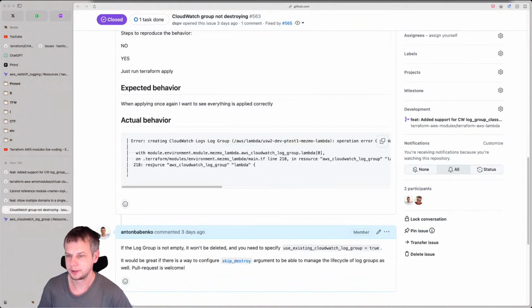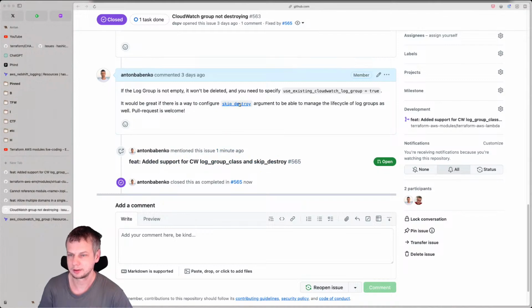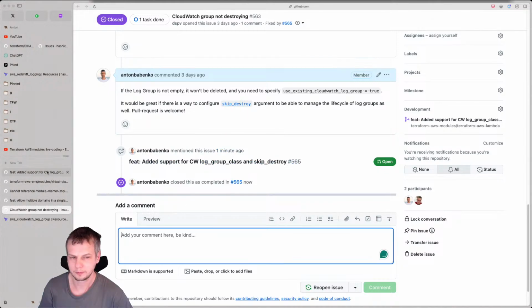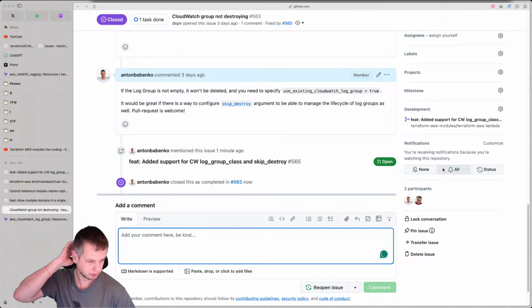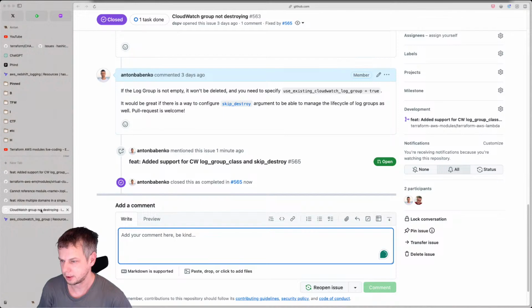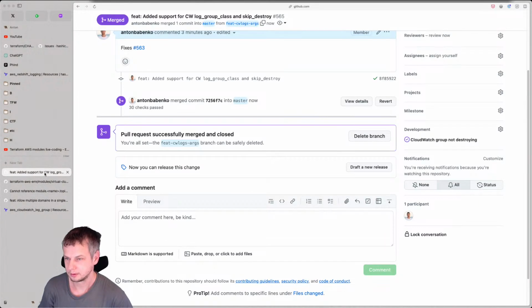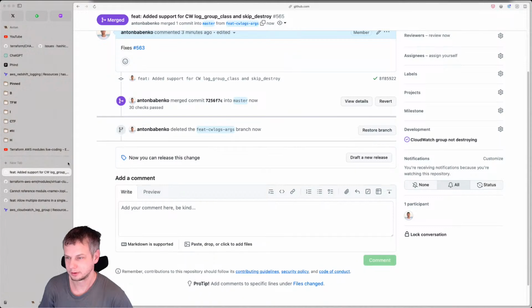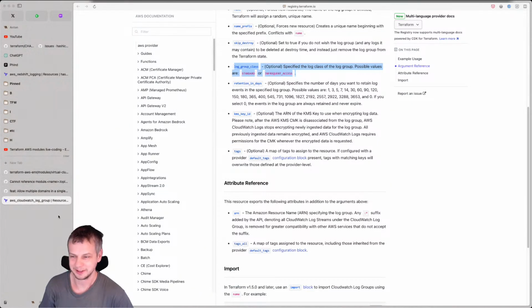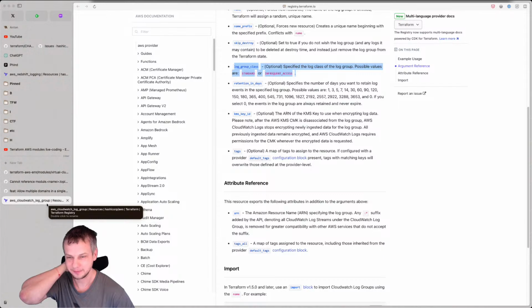So this is fixed. I'm just thinking what else I can do here. Just close this tab, delete this branch. That's it. Yeah, there is nothing else to be done.